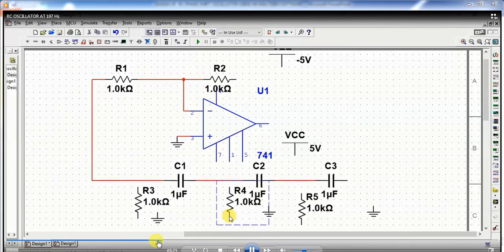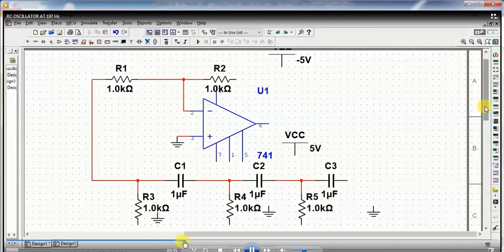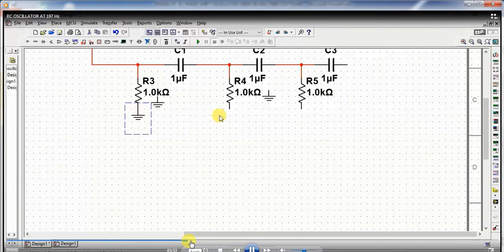Connect the other terminal also. Connect this resistor like this. So connect it, and then connect the ground terminal. So you can connect all the terminals.